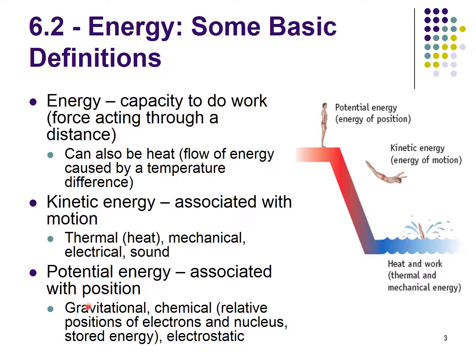Potential energy has to do with position. Gravitational is usually the most common. We talk about this in terms of swinging a baseball bat or a golf club. It has a lot of potential energy when you're at the top of your swing. The guy at the top of the diving board has potential energy. Chemical energy fits into this category, and this is the energy that's stored within an atom based on the attractions between those subatomic particles. And then electrostatic is, again, the attraction between a positive and a negative. So this is a very general term, but there's energy stored within that attraction. So if we break that attraction,